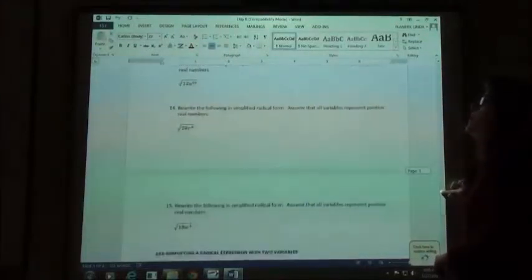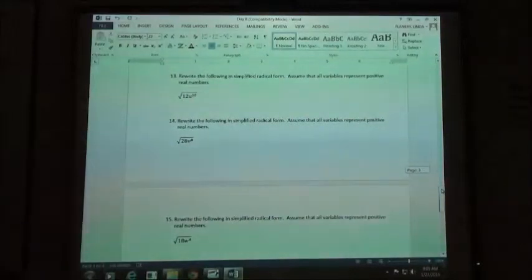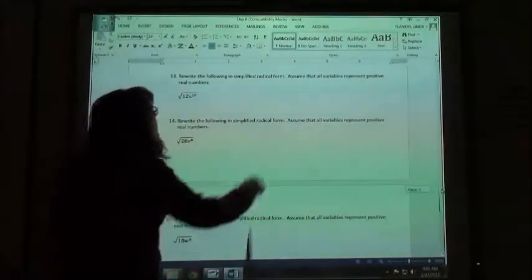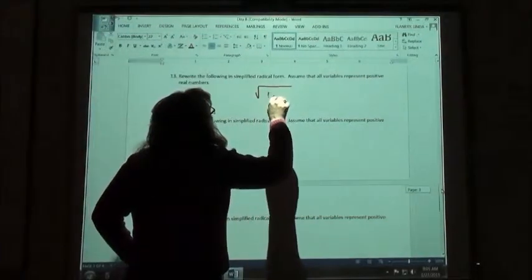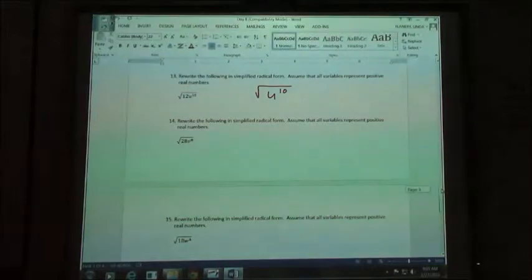Now they're throwing in some variables. When you take the square root of something with an exponent, if you have an even exponent, it is a perfect square. The square root of something with an even exponent, you do half of. So, forgetting that the 12 is there for a minute, if I'm just doing the square root of u to the 10th,